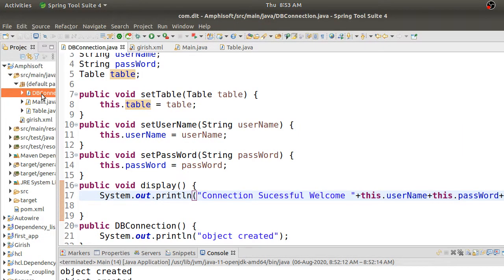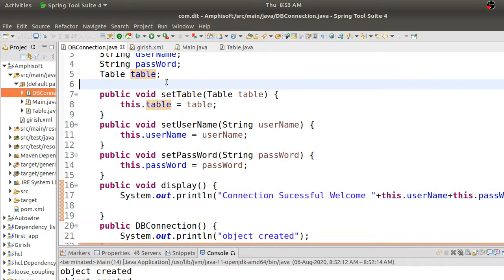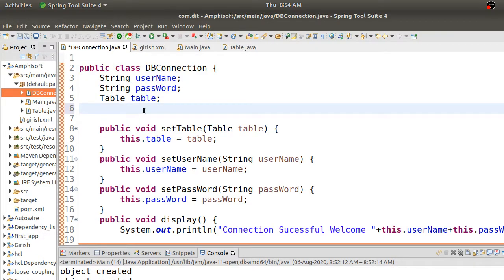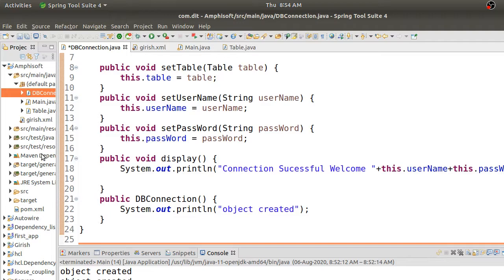Okay, now there can be one more dependency. There can be a dependency like a list of users, or a customer list, or a product list, or some collection object, right? There can be some collection object present inside your class. So how to handle that collection object? If you have its properties or its values, they can also be set in your XML.